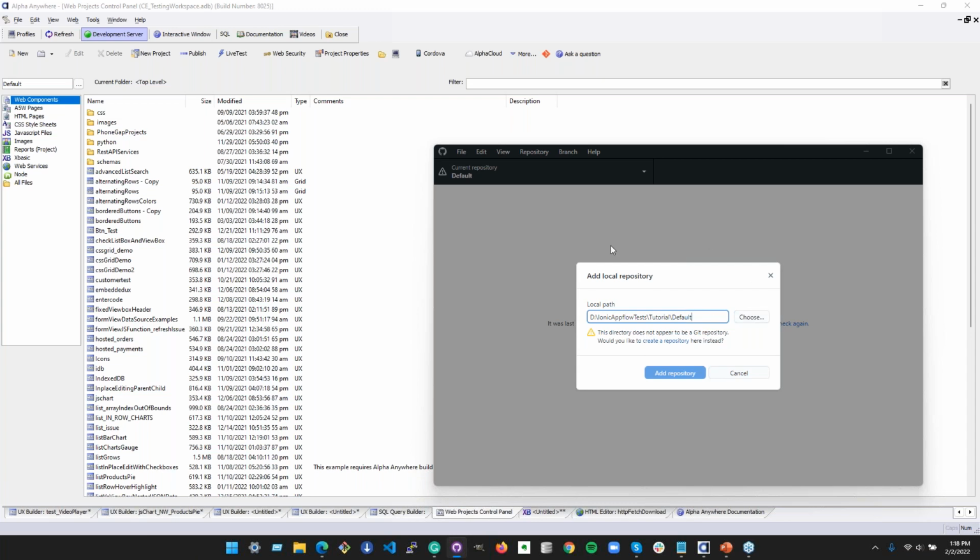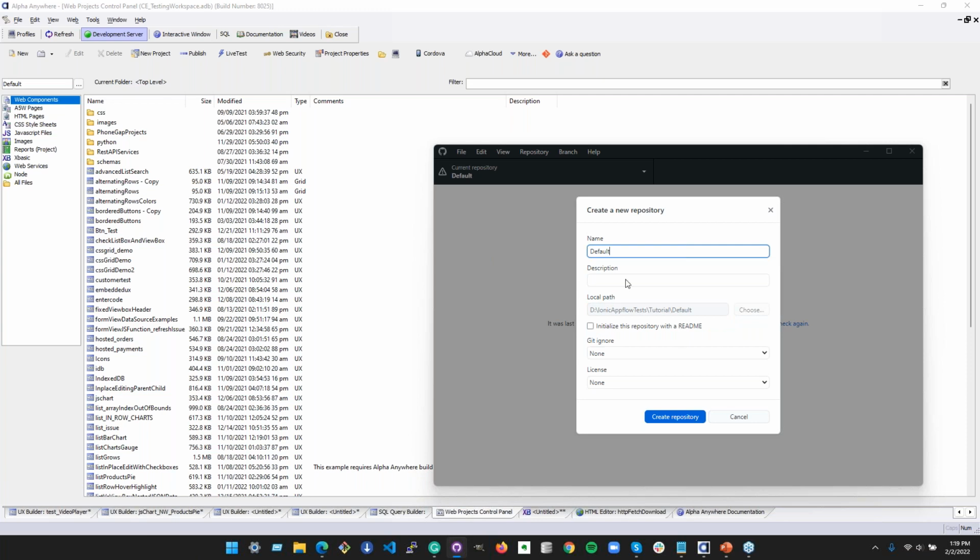If you don't have a repository already, you'll have to add it. I'm just going to call this one default. You'll have to click this link here. These will be grayed out down here, but though you can't tell, there's a link right here. It says create a repository. Give it a name. Default is being pulled from the Cordova builder itself. It's the name of the project,